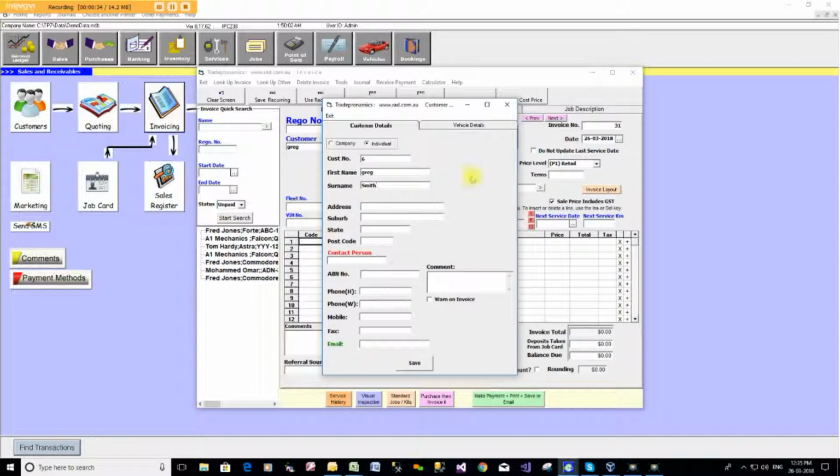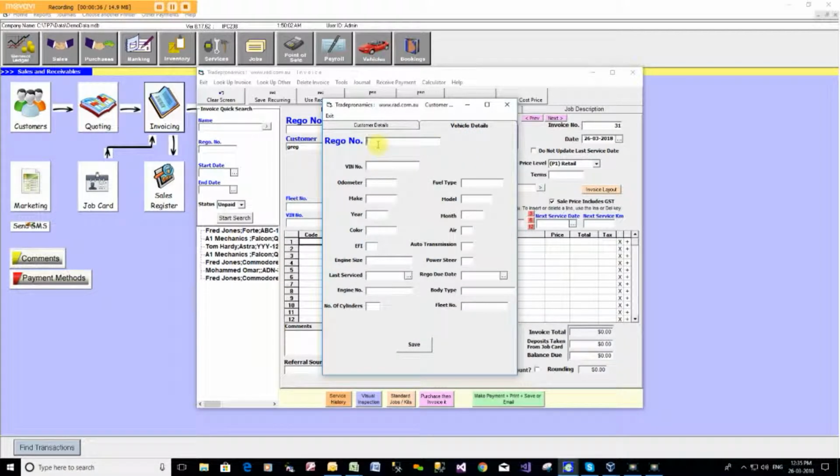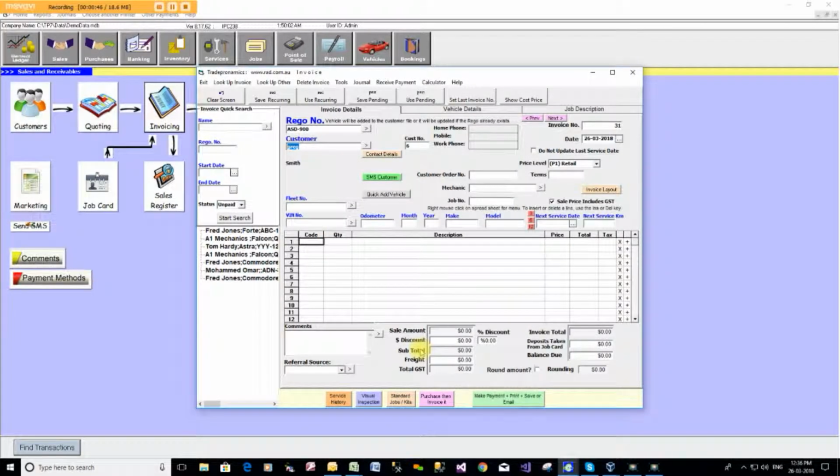of the customer. You can also add his vehicle, so rego number. You can add any detail you like, VIN number, make, model, etc. You just go save. So it's created the customer in the customer file, and it's added his rego number as well. So if I go into customers, you will see that customer with his rego number in there, with his